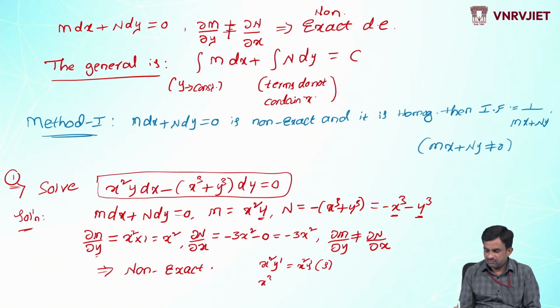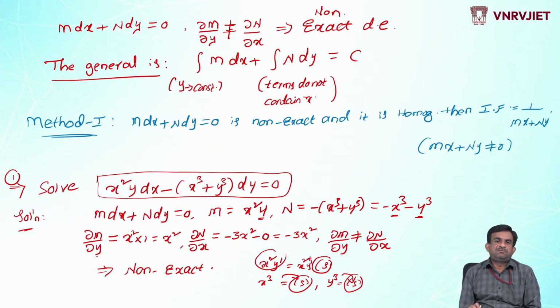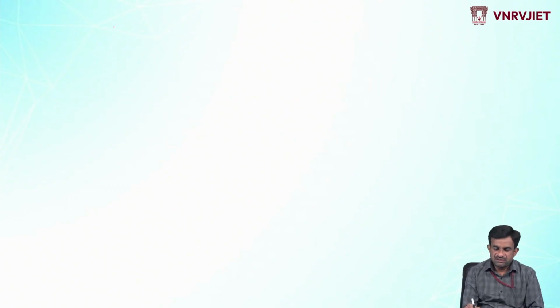Likewise, for x cube the degree is 3, and the degree of y cube is also 3. So the degree of x square y is 3, the degree of x cube is 3, and the degree of y cube is 3. Any differential equation in which each and every term is of the same degree is a homogeneous differential equation. Now the given differential equation is non-exact and homogeneous, so we can take the integrating factor as